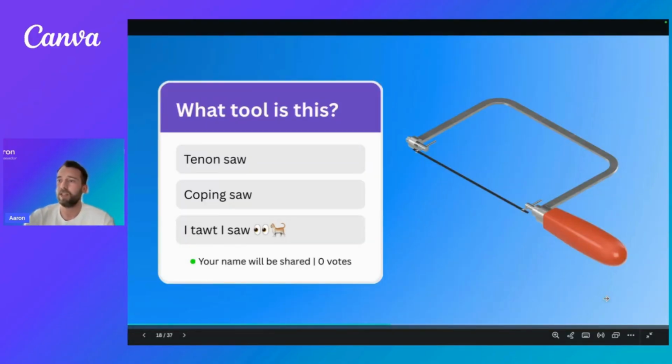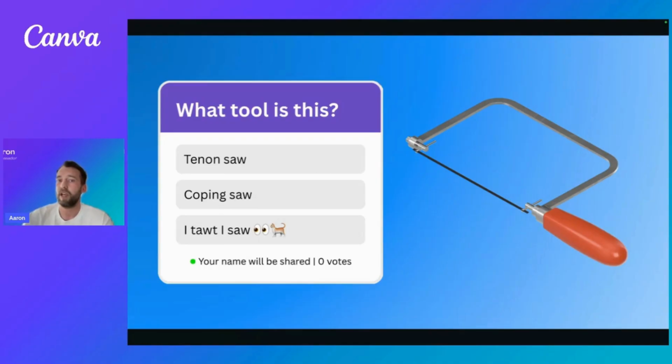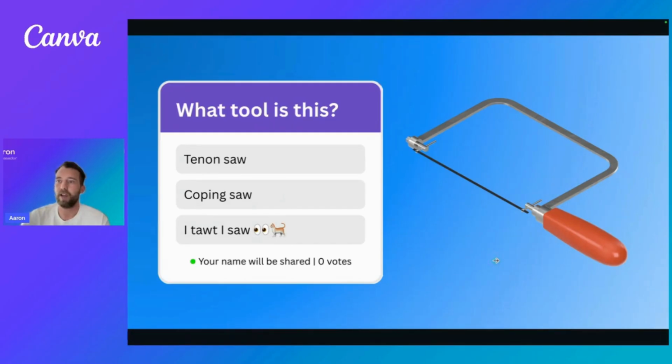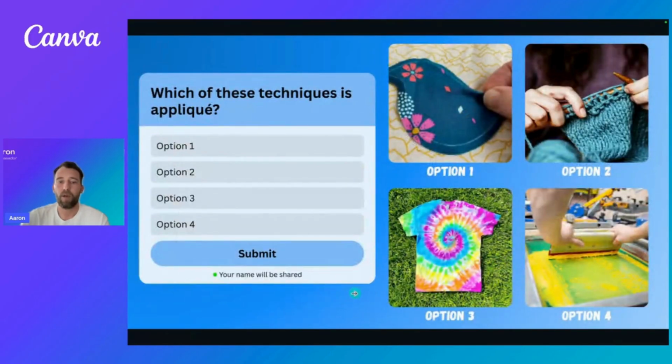So this is an example of how I would then use a poll, maybe potentially with a question. I can pose an image. I can use that to do, for instance, a very quick little quiz at the start. So I can use this as a DNA to gauge their understanding or some prior learning from a previous lesson. And you can put that up as whatever you like, or you could put up something that's a